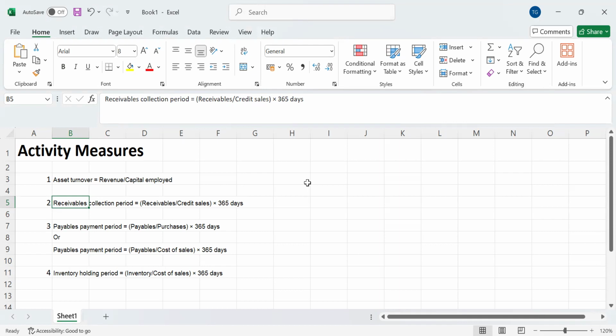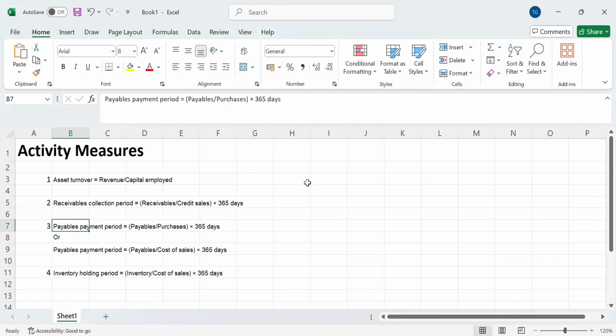Now, talking about the payables payment period, you will see two formulae written over here. First is payables divided by the reason, that is purchases, or payables divided by the cost of sales. In case you do not find the purchases in the question, you can substitute that with the cost of sales. Now, what does this indicate? This indicates how long it is taking your organization to pay your suppliers for the goods and services that you